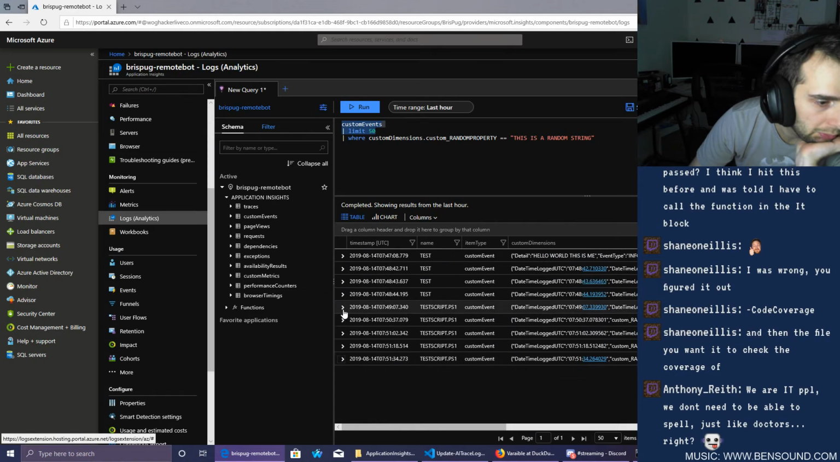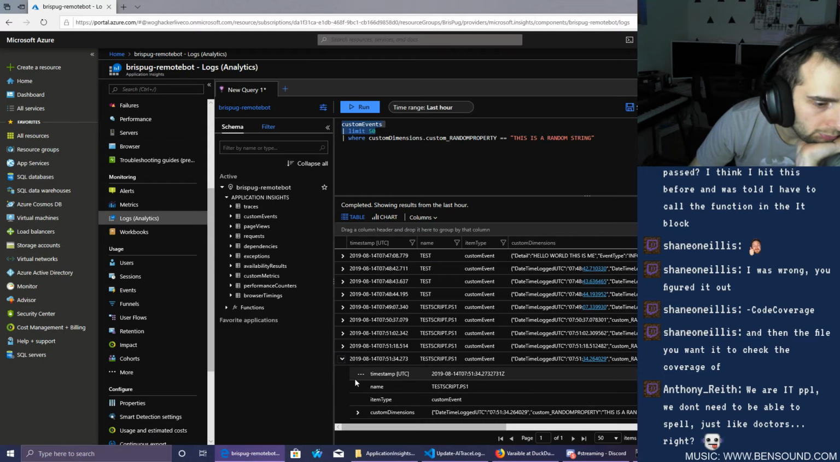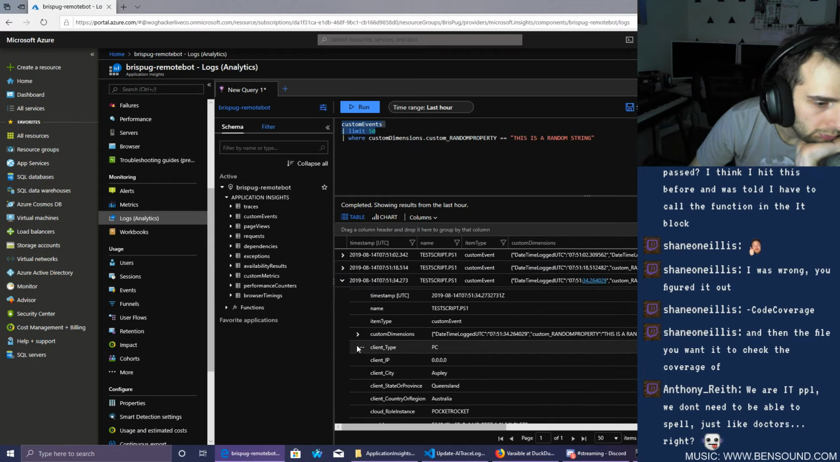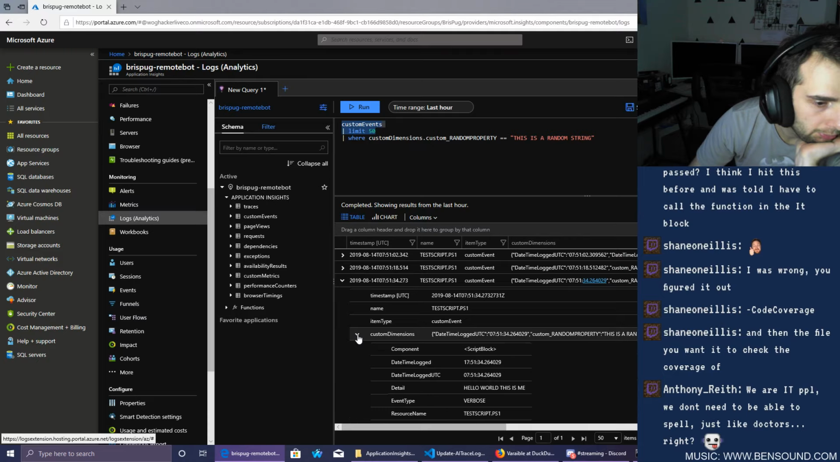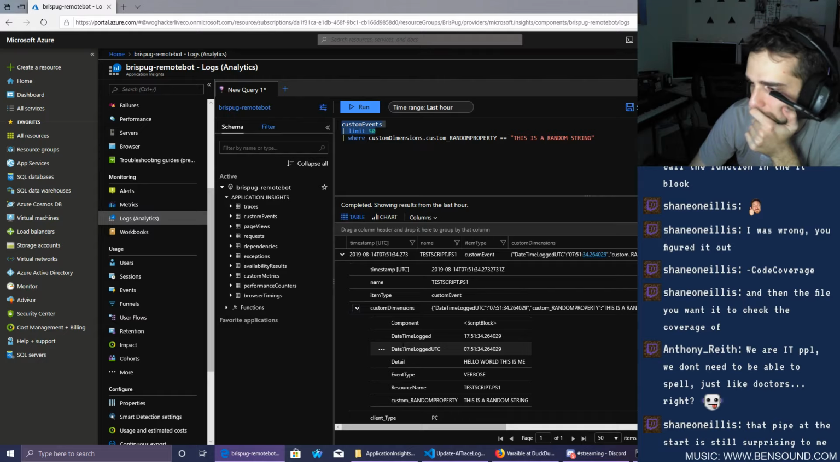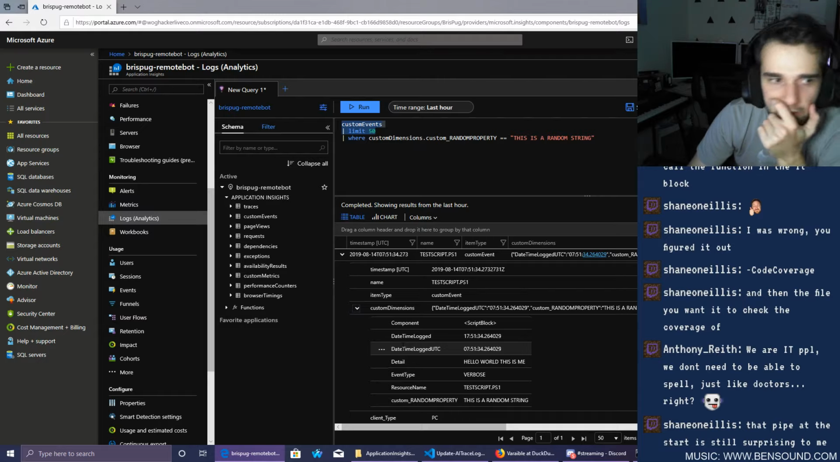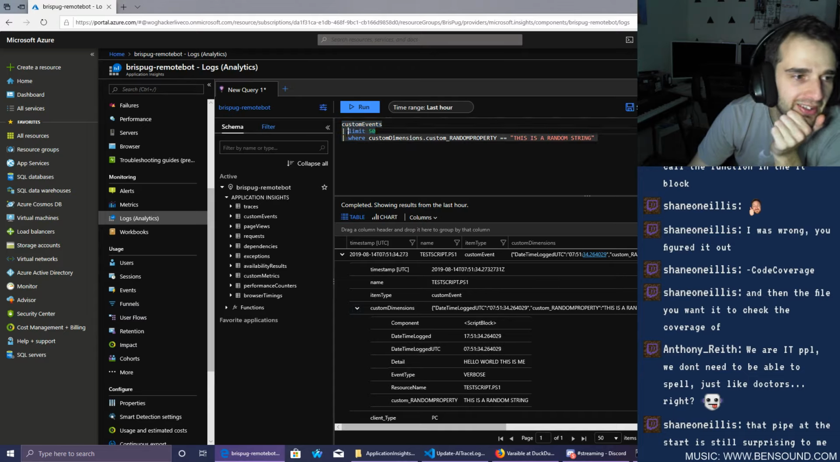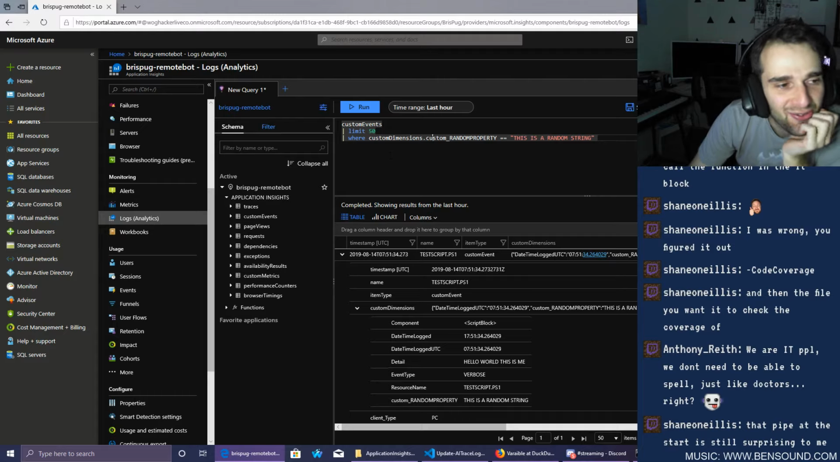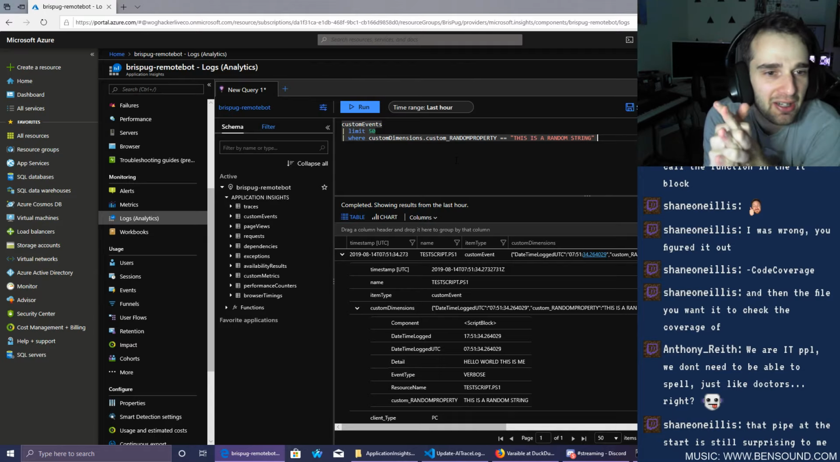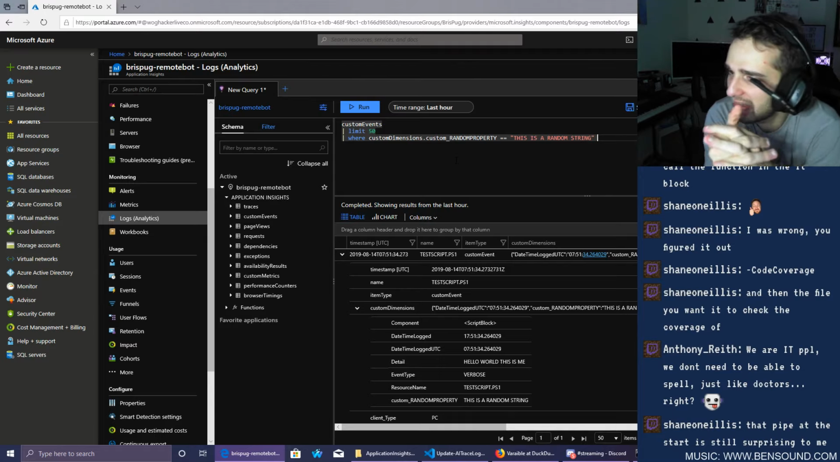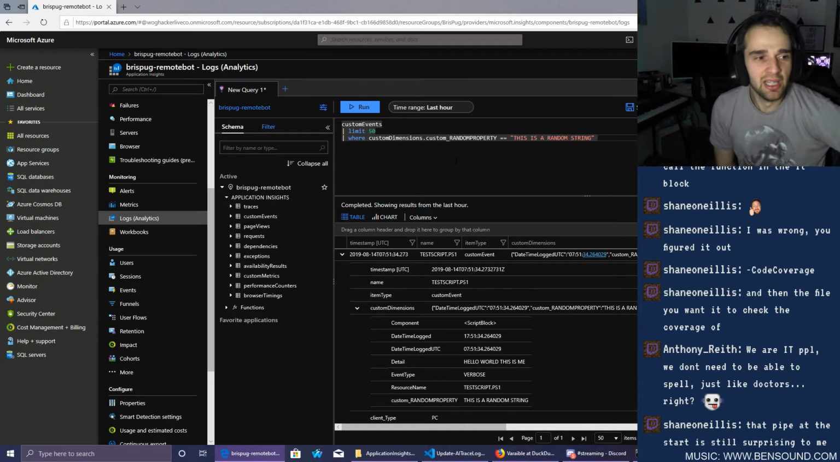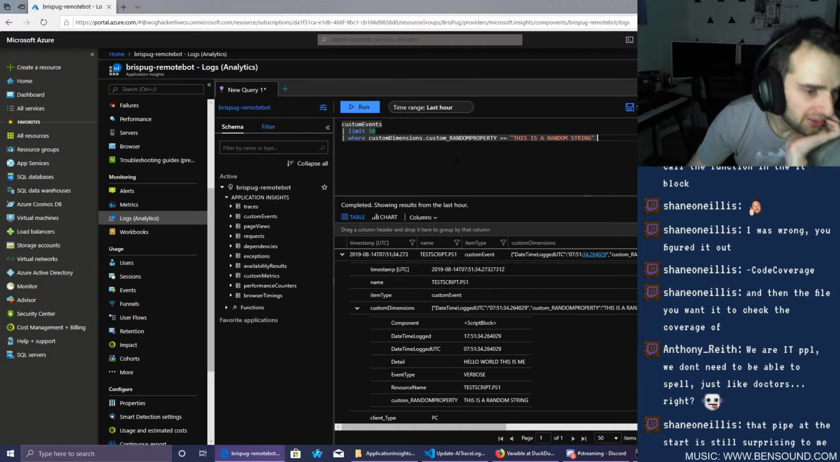serialized object, wherever it is. I don't think it's passed through yet. That pipe at the start is still surprising to me. Is that the pipe at events? It's really weird. I think I'm going to have to spend a bit of time and make sure I get my head around the syntax of the logic, because I think you could write some very powerful reports. So yeah, anyway,